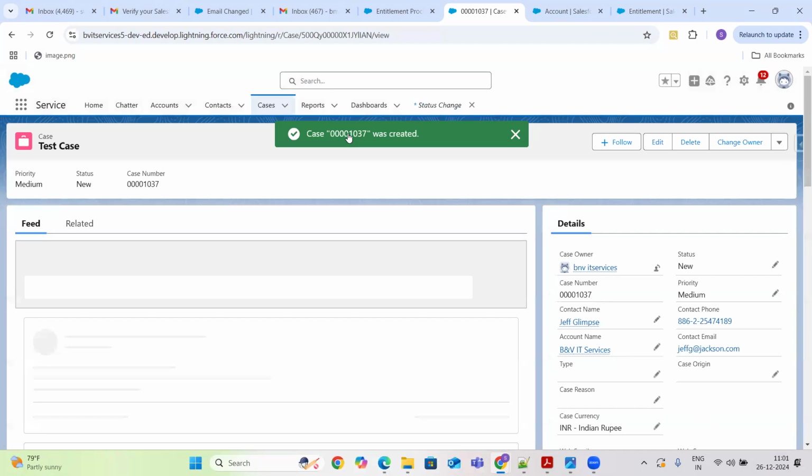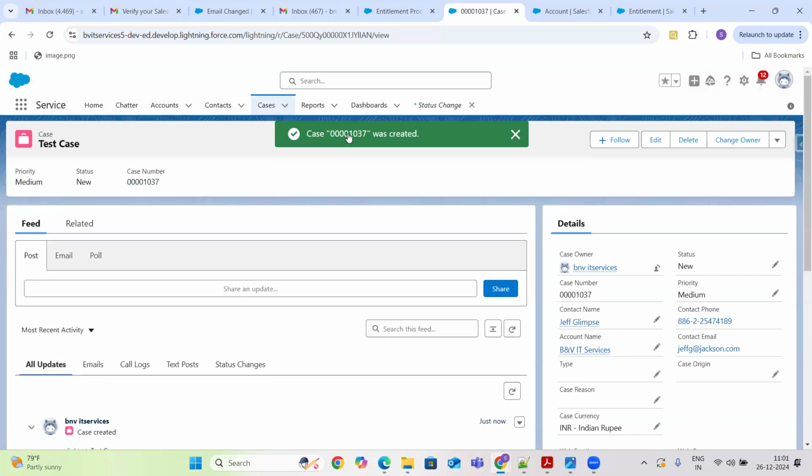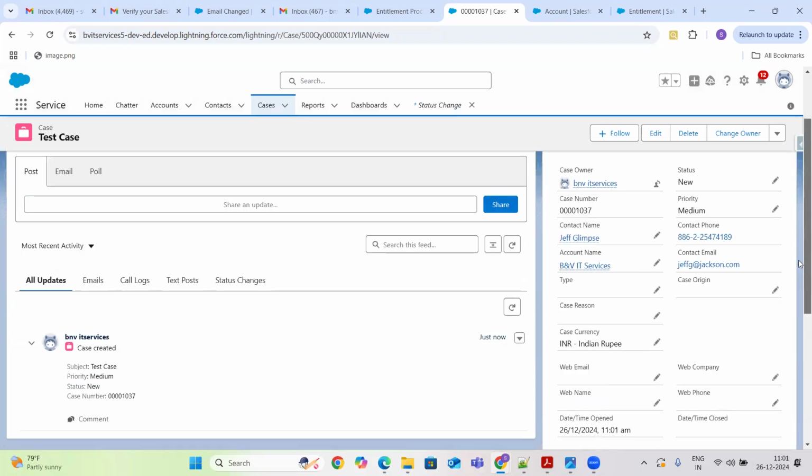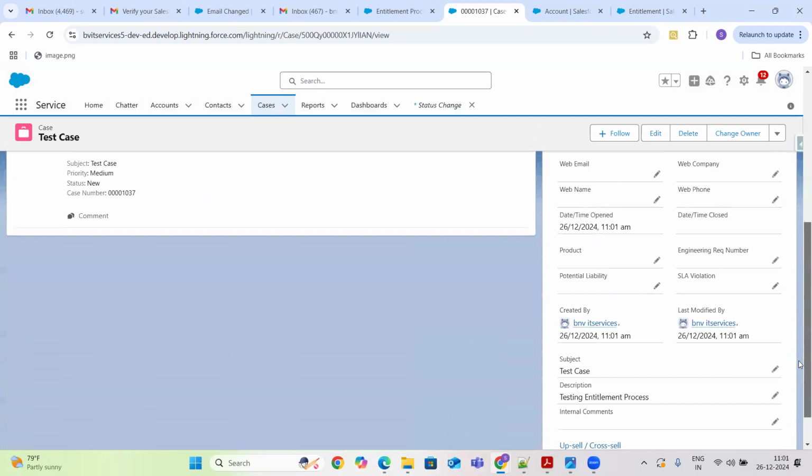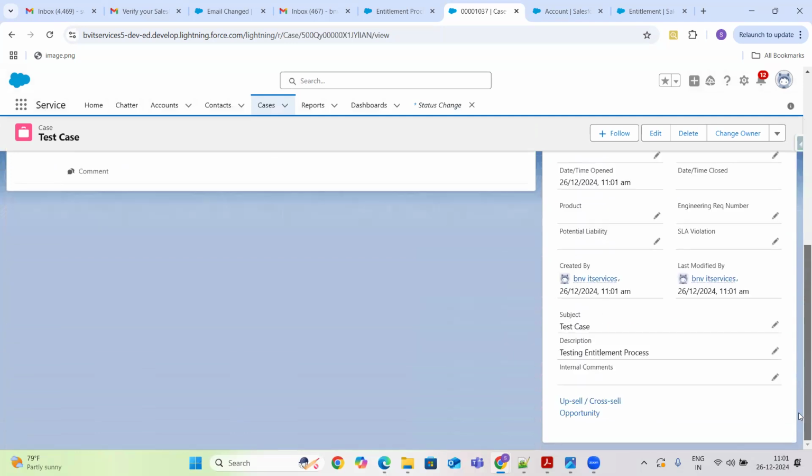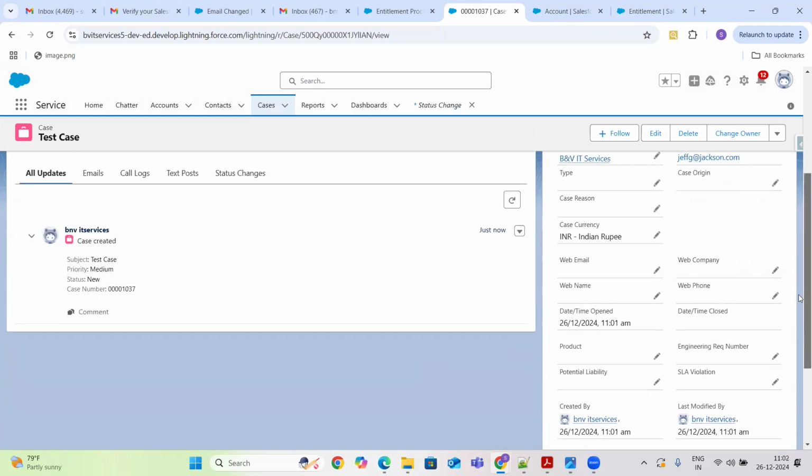If I open up that case, okay, this is the case. I can see it. Testing entitlements.